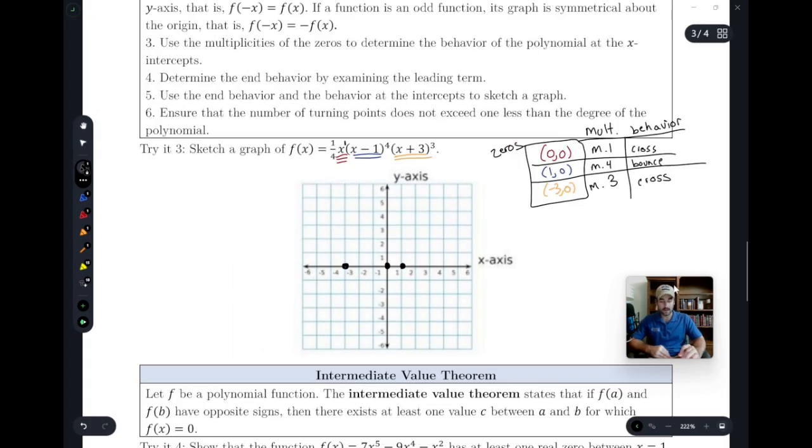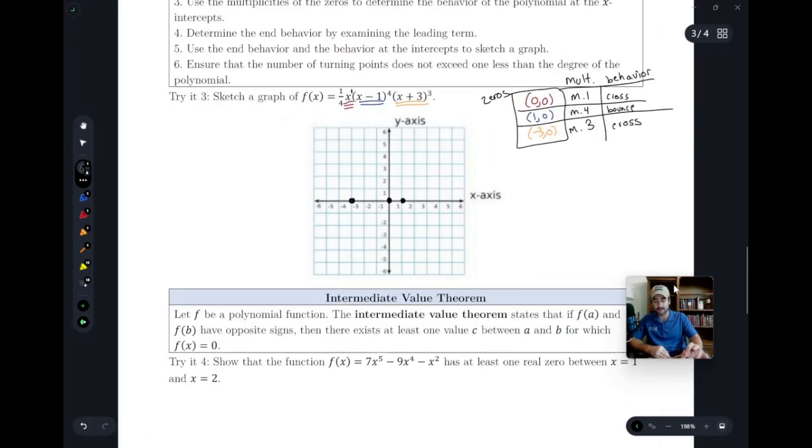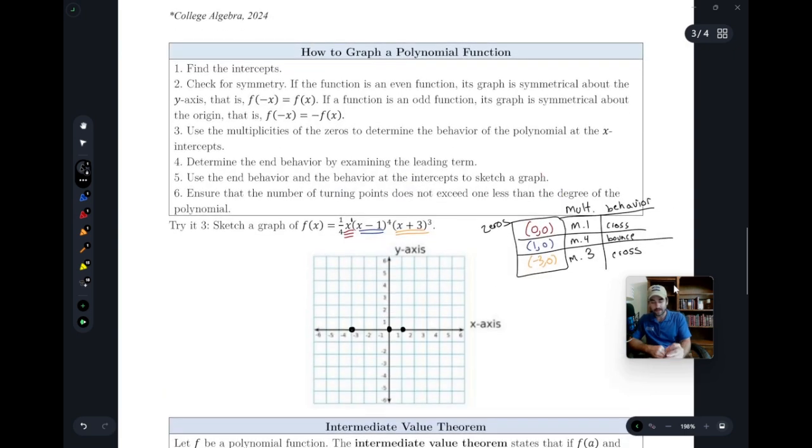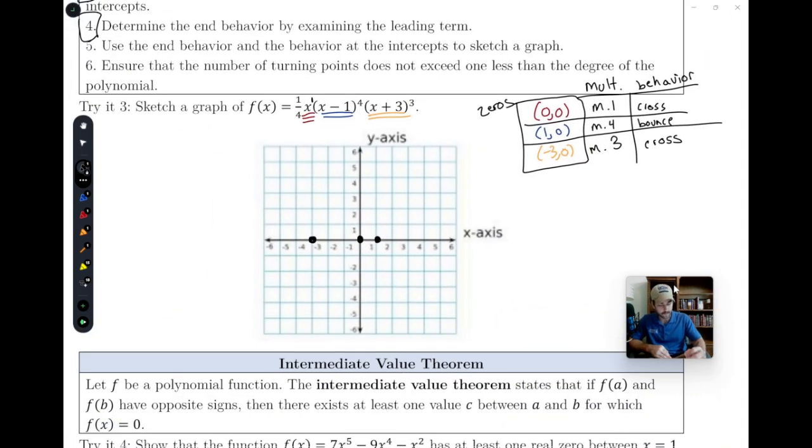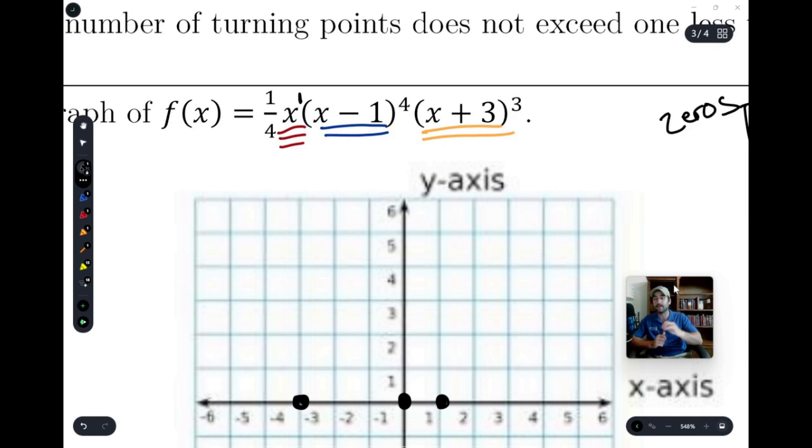All right. Next thing we should probably try to find out is the end behavior. So we found the intercepts. I skipped step 2, checking for symmetry, for a second because I wanted to find, while I was working on the intercepts, the multiplicities and the behaviors, the end behavior. I wanted to determine what happens at the ends of the graph. And remember, to look at end behavior, we only look at the leading term, which is going to be a little tough to pull out of this function. But remember, we can do it with a shortcut method